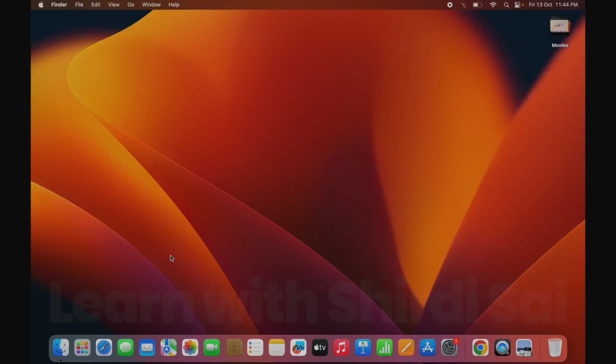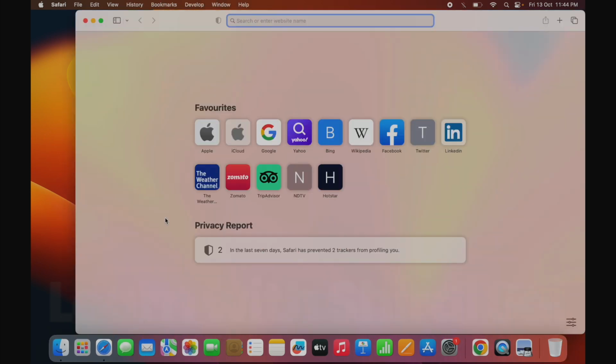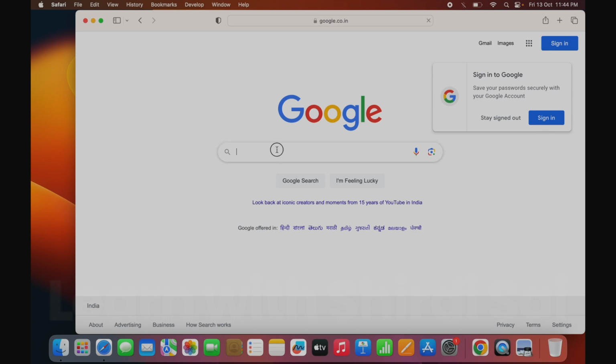Welcome to today's video. In today's video we are going to see how to extract an object from an image in Safari. First we will go to Safari. You can click on the Safari icon. In that you go to google.co.in, search for